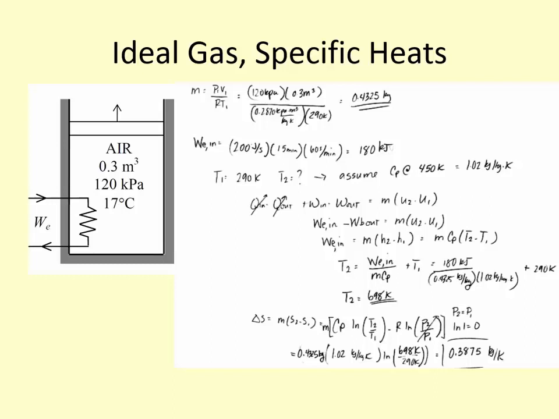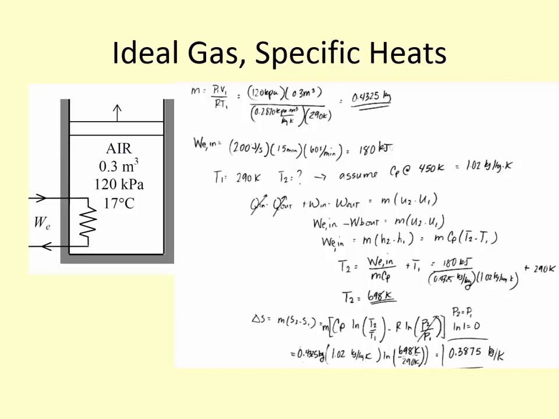Probably a lot. I know the final answer, but I would say that it would at least get up to 300 Celsius. If you think about the temperature, it's going to be significant. Okay, so let's just assume that our C sub P average is going to be somewhere around 400 or 450 Kelvin. So we look up C sub P at